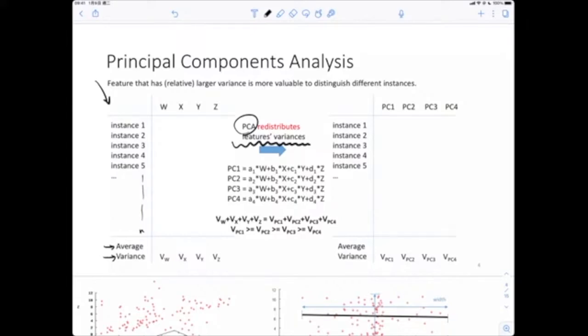a column, if you have a feature which is W, for example, and its variance is very, very large, which means most of the data points from 1 to n are far away from their average. For example, if I have a W like this, and here is the average, if you have a very large variance, a lot of data is far away from your average. Of course, there are some data still near the average, but on the whole, your data is far away from your average.